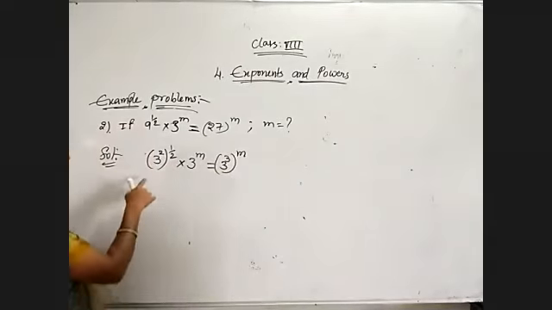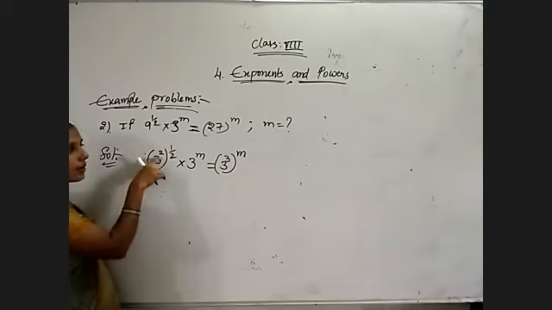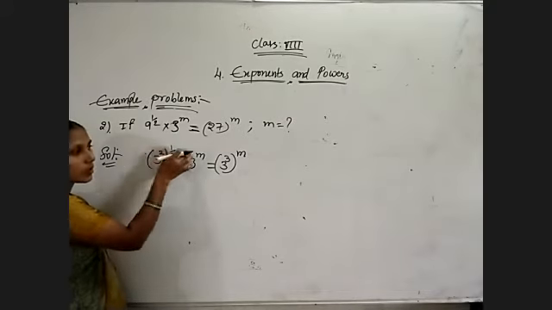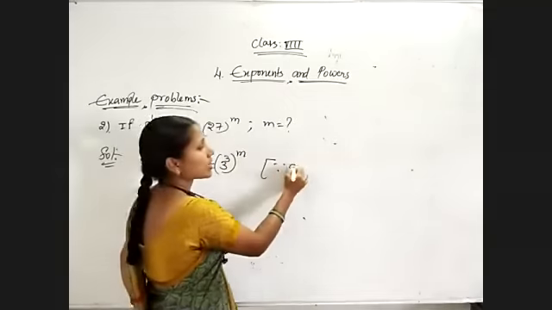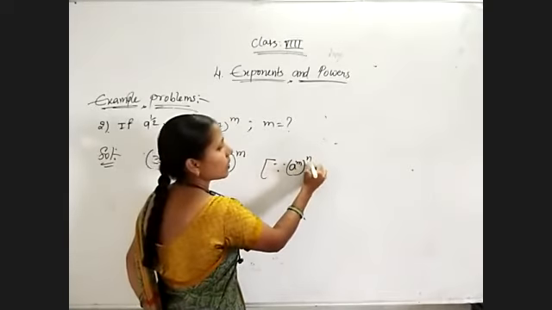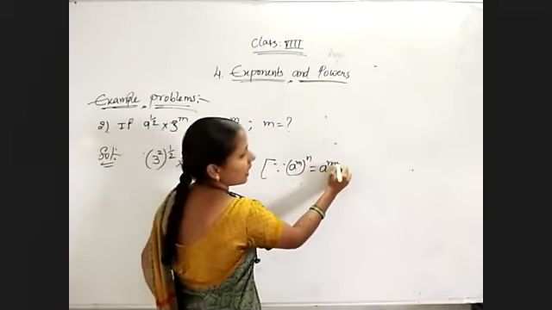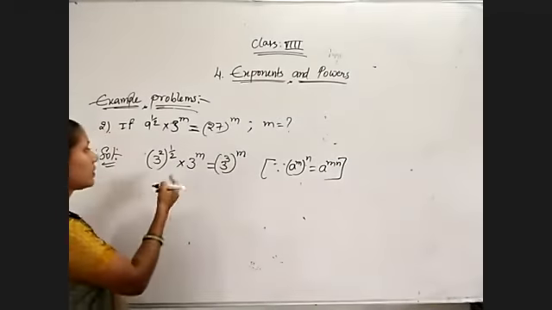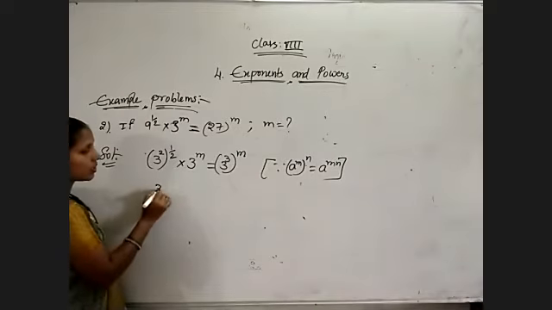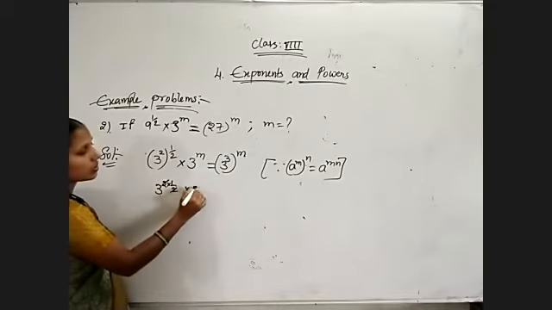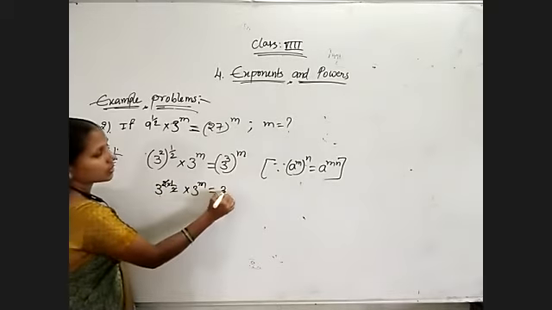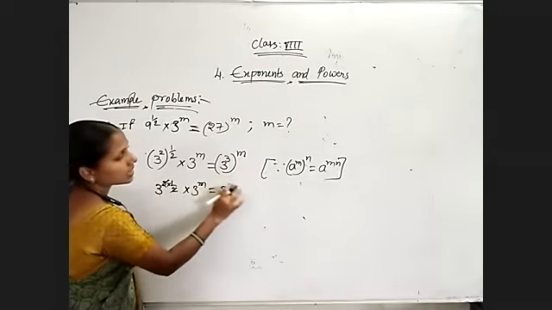Okay. Now observe at left side, a power m whole power n. Exponent to exponent. Right side also exponent to exponent. So what we have for simplification: a power m whole power n is equal to a to the power of m into n. Use that formula. So 3 to the power of 2 into 1 by 2, 2 will get cancelled, into 3 power m is equal to 3 to the power of 3 into m, that is 3m.